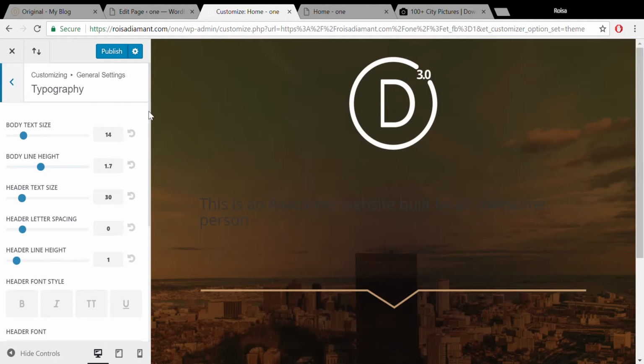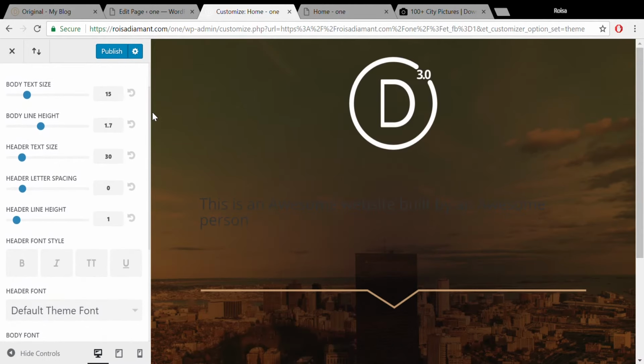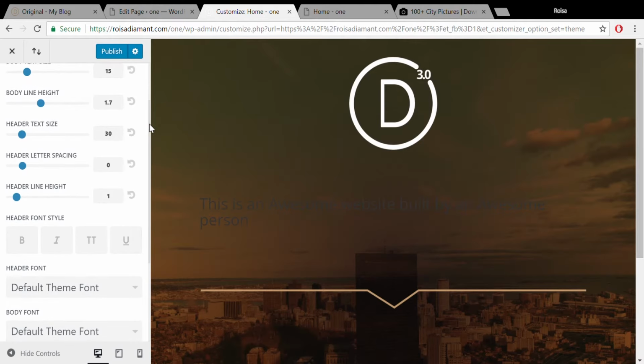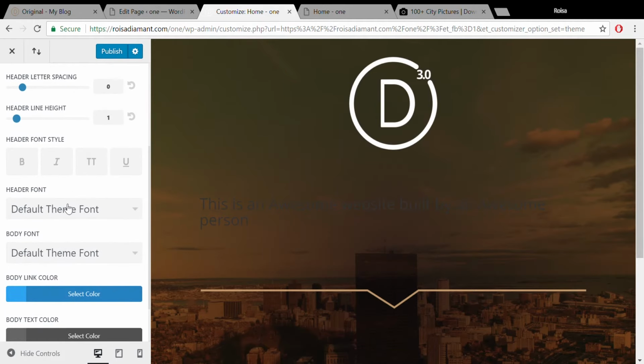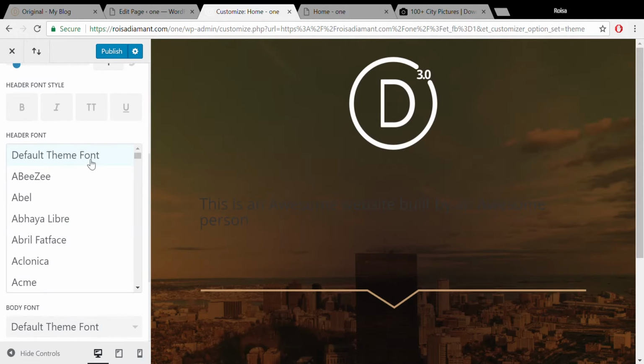Now the typography, here we go. Here you're going to decide what you want the body text to be as default. The body line height, that's the space between each line. The header text size, the letter spacing, header line height, and if you want bold, italic. Okay, so my header default theme font will be,